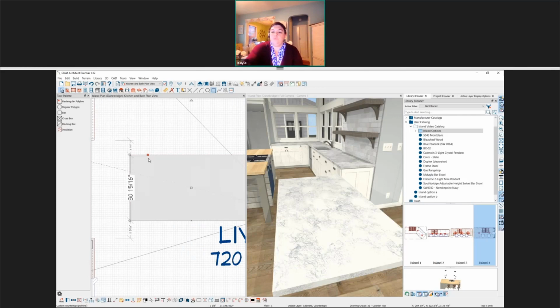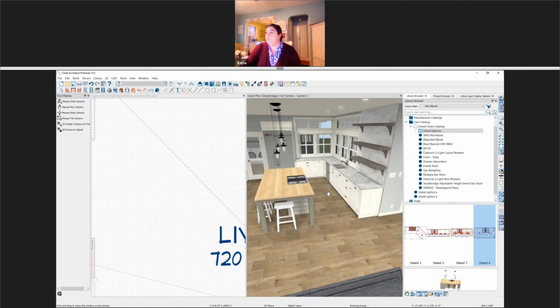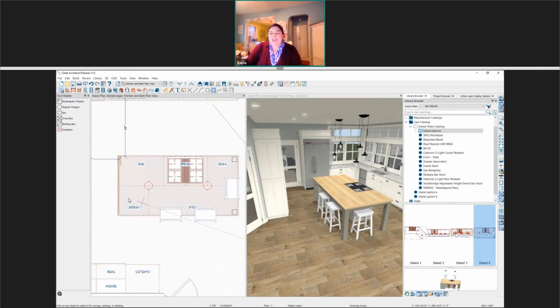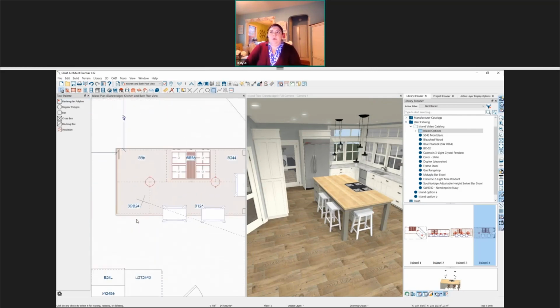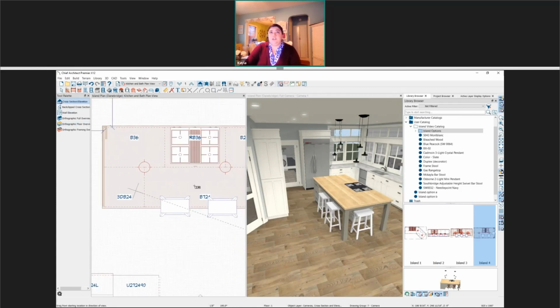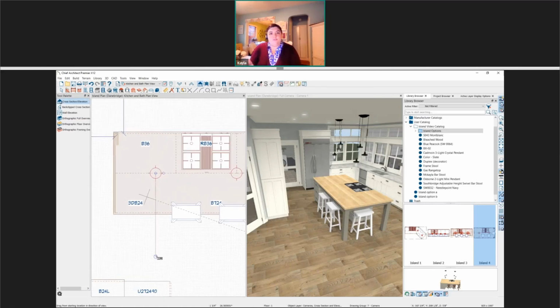My last question was, you made that open shelf cabinet, and you have shelves there. Is there a way to put molding on the front of those shelves inside the cabinet? You can. You probably would need to do it with molding polylines. So if you get into an elevation view, you would need to draw out each of the lines just like we did in a plan view. You can draw out lines in an elevation view, convert it to a molding and add it there. I don't think there's a simpler way to do it than that. Okay, that helps. Great. Thanks.